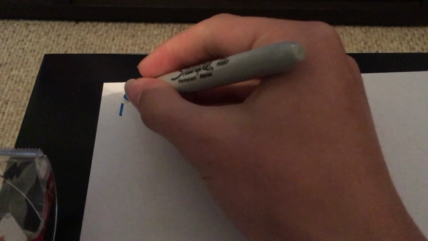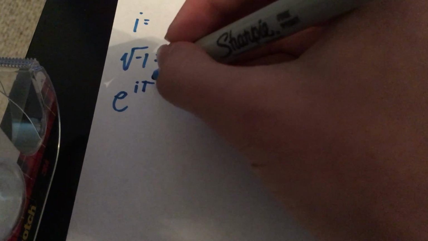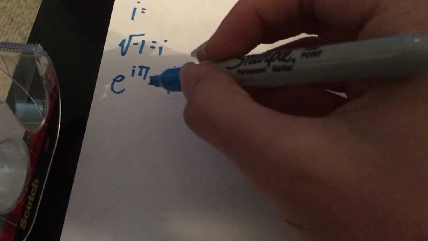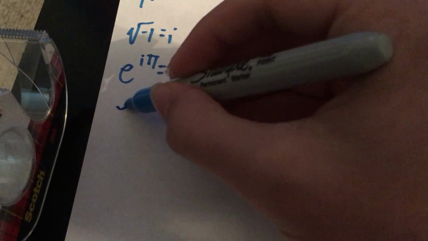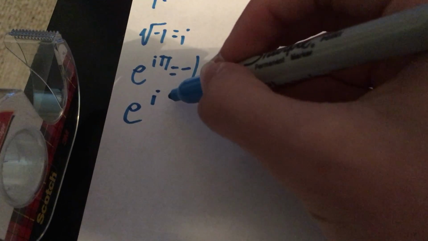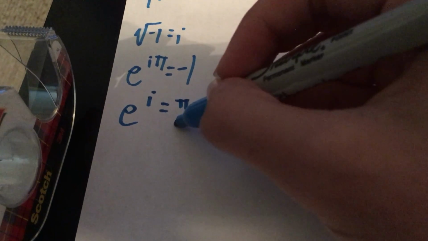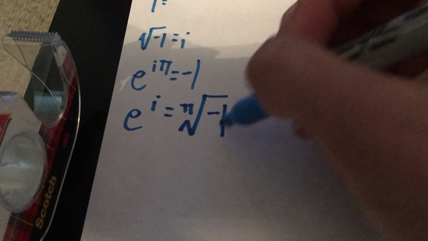Alright, so what is i equal to? We know that the square root of -1 equals i, but what does the square root of 1 equal? Well, we also know Euler's identity that e to the power i pi equals -1. So what if we just try and figure it out from that? That would mean that e to the i equals the pi-th root of -1,